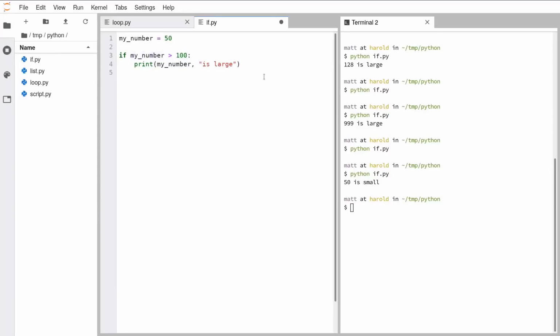And we can do that using a statement called an else. An else statement in Python always has to follow an if. By that I mean you can have an if statement with no else, but you can't have an else with no if. So you just write else and a colon, and here we write print my number,